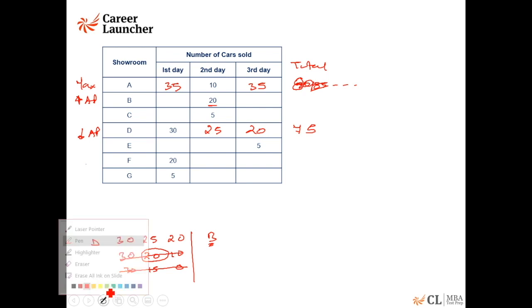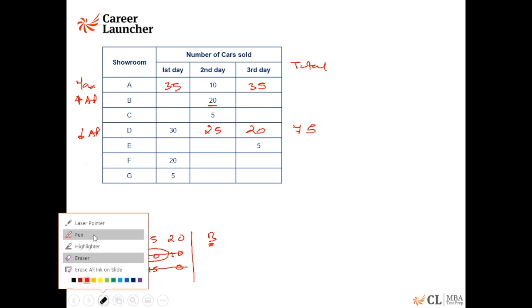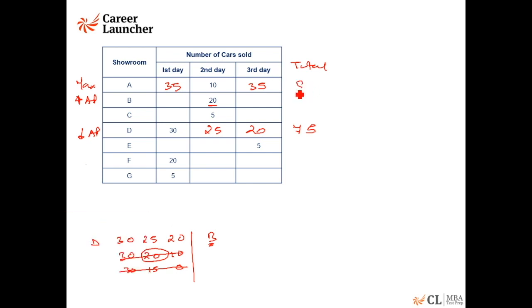Can A be more than 80? No, it cannot be, for the simple reason that the maximum possible for day 1 and day 3 is what we have taken, and day 2 is fixed at 10. So we don't have an option of increasing it. So this is done. So what about B? B cannot be 35. This has to be an increasing AP. So let me start from the minimum. It could be 5, 15, 25. It could be 10, 10, 10. It could be 15, 5, 5.